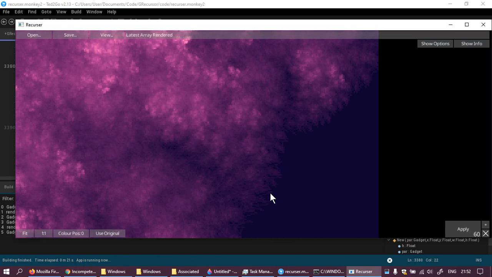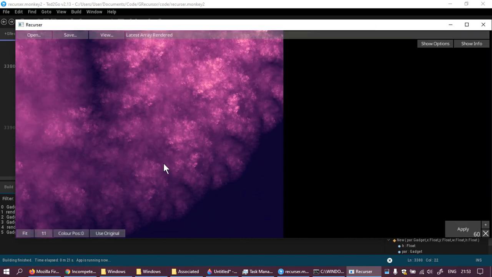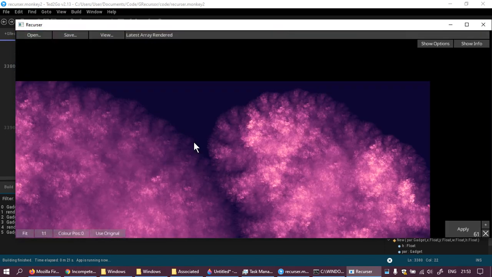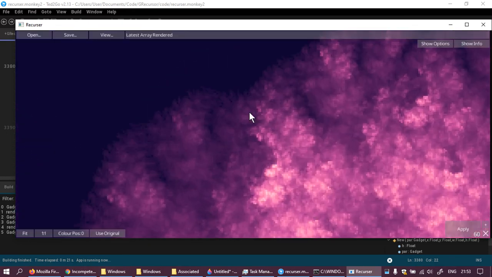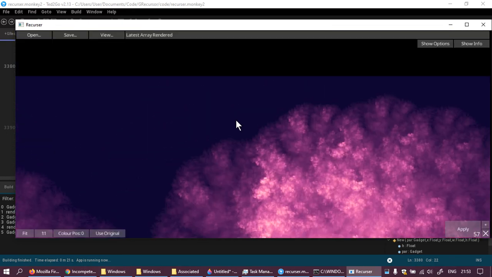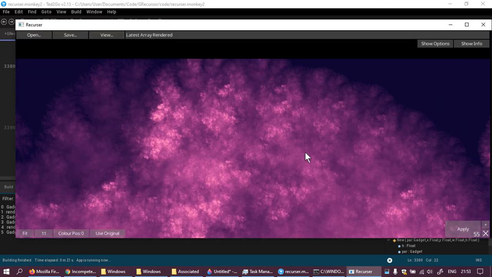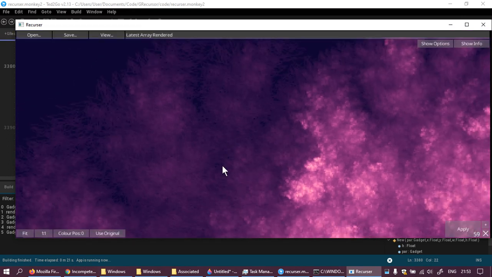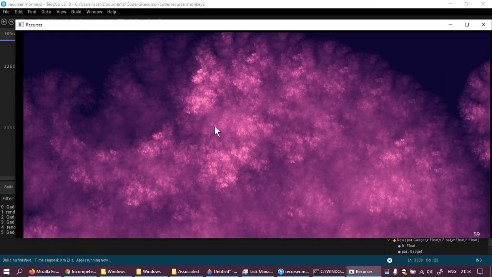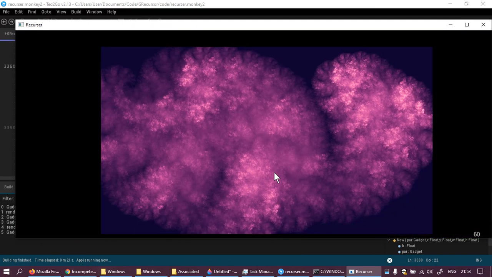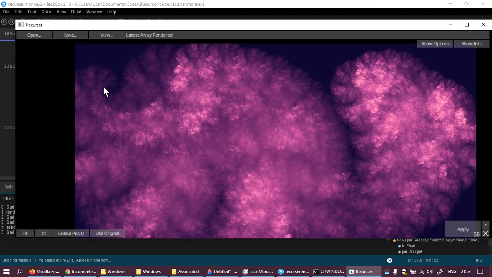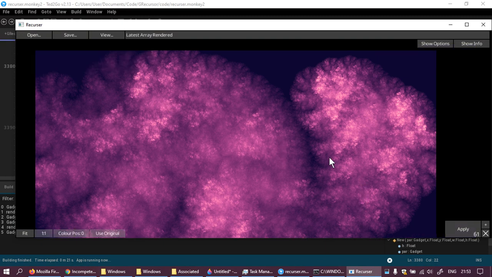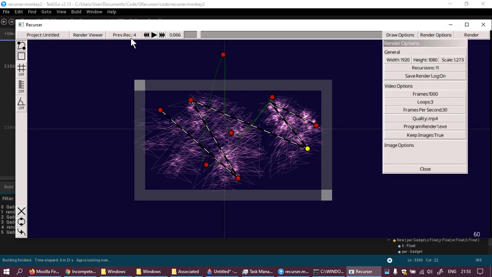Well, it took up some of the lines, and there are still lines, but it took some of them up. What I've found is that by the time you get up to 14 and 15 recursions, you can still push it so you see the lines. I think I can fix that though. I think that there are better types of scaling than exponential. But in general, this is all good. I'll sort out